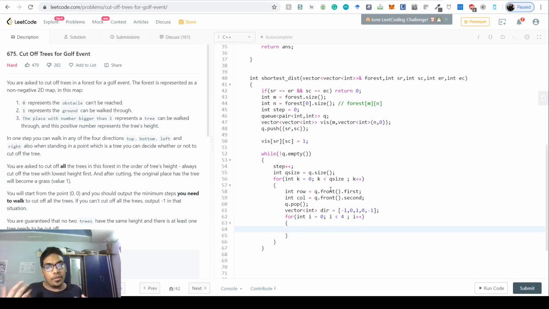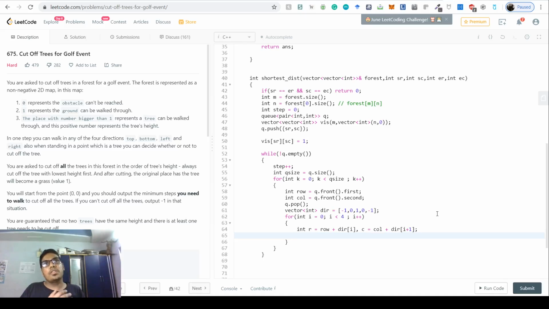What we want to do is say int r is equal to row plus dir i, and c is equal to, int is already there, col plus dir i plus 1. So this will be the up, down, and minus on all the directions, and the i plus 1 will handle the cyclical case, right? So we have both the variables done.